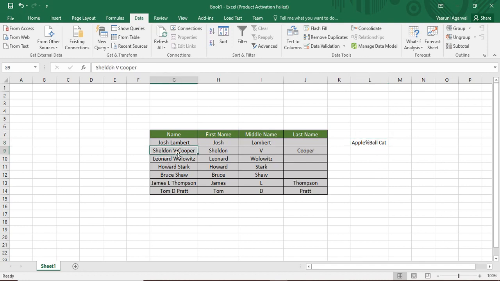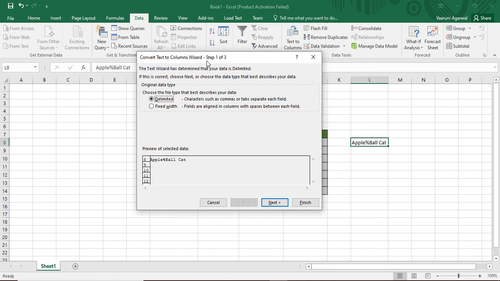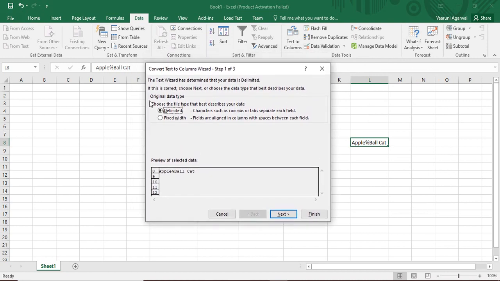In our previous example that we just saw, there was a single delimiter present, that was the space delimiter. Now we have two different kinds of delimiters present. So how can we separate this data? First of all, we are just going to select this cell, then go to text to columns feature. Then again we are going to use the delimiters option, so make sure that this delimiter option is selected and